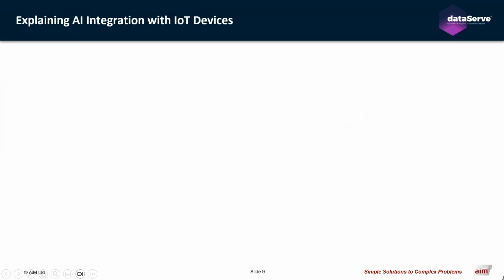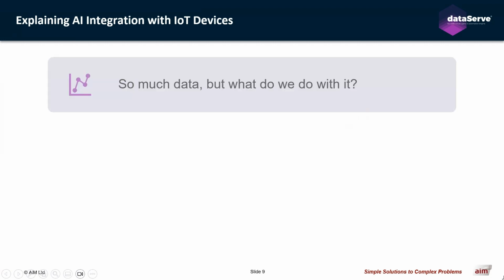So what exactly do we mean when we say integrating AI with IoT devices? Though IoT has seen remarkable success, it's only now tapping into its full potential. While connecting devices has yielded gains, harnessing the overwhelming amounts of diverse data they generate has been the primary challenge. Integrating AI and IoT involves imbuing these connected devices with artificial intelligence functionalities to level up their utility and their performance. This integration enables IoT appliances to become smarter, more autonomous, more adept, and able to interpret and respond to the vast amount of data they generate.